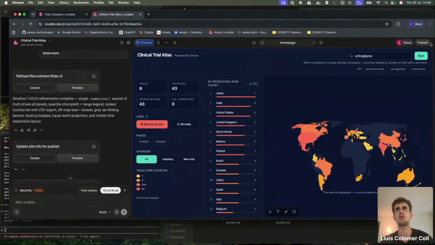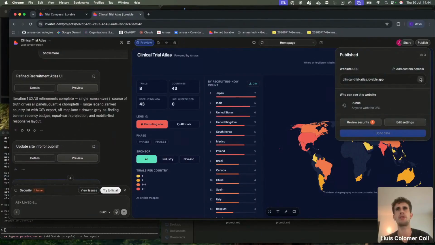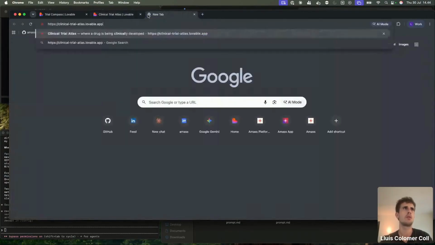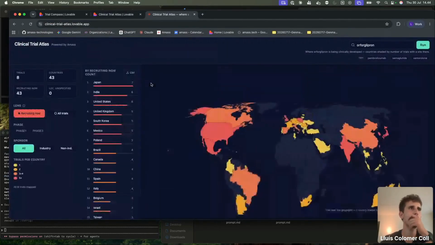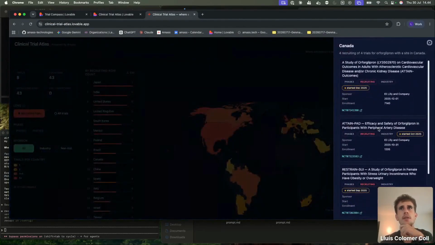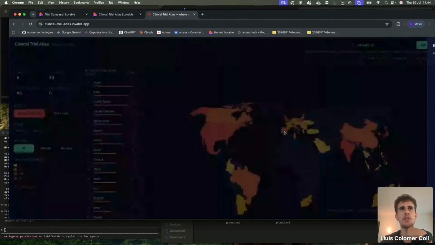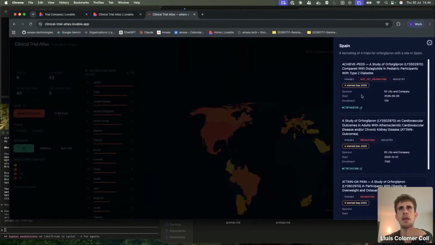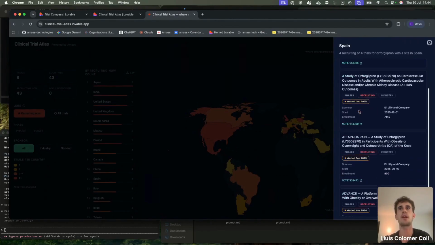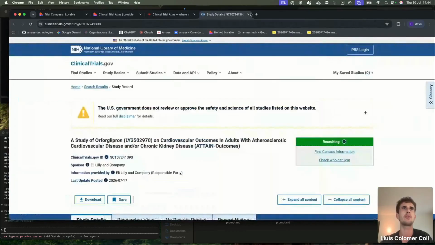we got to this page where basically you can type something like this and get an interactive dashboard that maps things out. Everything is fetched directly from the API, so we can ensure that the data is not hallucinated and it's fully grounded and reliable. And it also links to the primary sources.